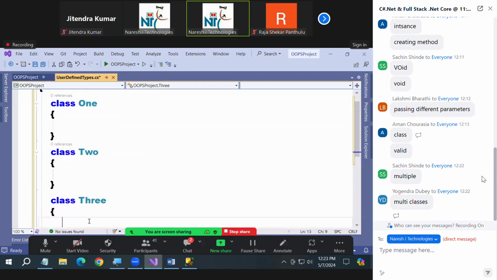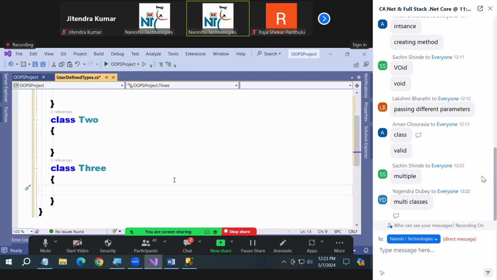Class 3. I can write n number of classes like this. Do you understand me or not? How many classes can I write? N number of classes can be written like this. There is no restriction on the number of classes you are going to write. N number of classes you can define, but